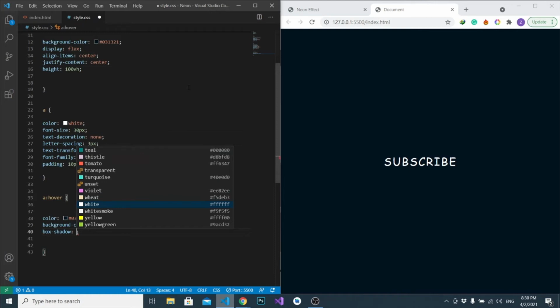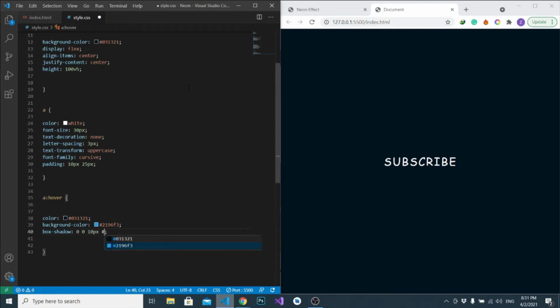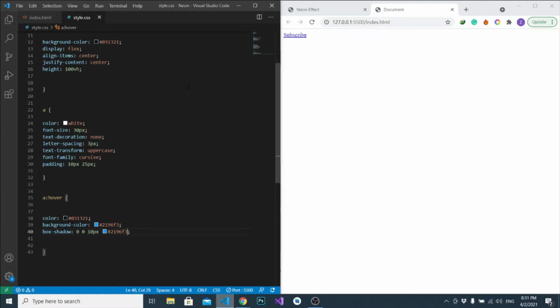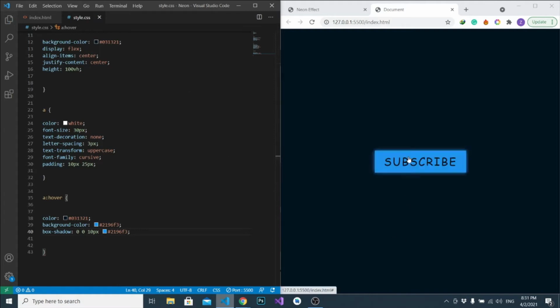The first two are the vertical and horizontal offset, and I want to set them to 0 because we don't need to work with that. But what we want to change is something called the blur amount, and it takes a number of pixels, so let's say 10 pixels, and of course the color of the shadow, and it will be the same as the background. So now if I save and hover over it, as you see, this shadow effect looks like a neon. But we want to